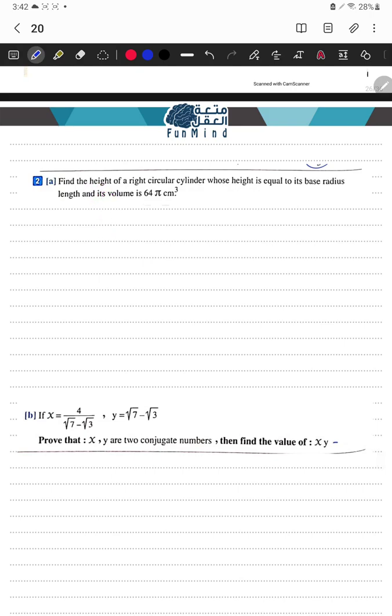Find the height of a right circular cylinder whose height is equal to its base radius length and its volume equals 64 pi. So now you can solve this question by the volume. Volume rule equals 64 pi. The volume rule, we are in the right cylinder, so the right cylinder, its volume equals pi r to the power of 2 h equals 64 pi. Delete pi with pi,